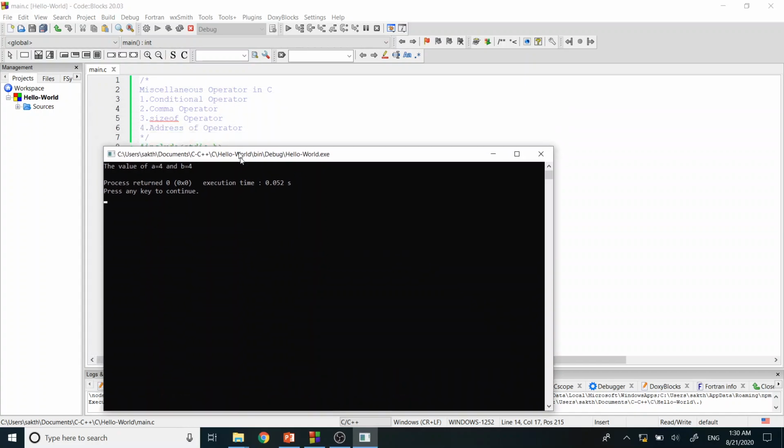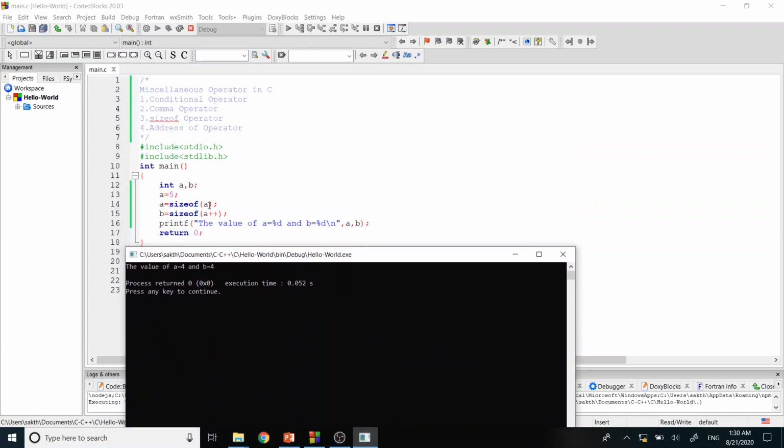Now what happens is, if you see here, though I declared a as 5, I modified the value of a with the sizeof operator I used here. So the sizeof operator shows the size of this integer, which is 4. So the size of a is 4, because it's an integer. And though we have used an increment operator here, the sizeof operator basically stores the size of this integer value, which is also 4. So that's why we got a and b equal to 4 in both places.